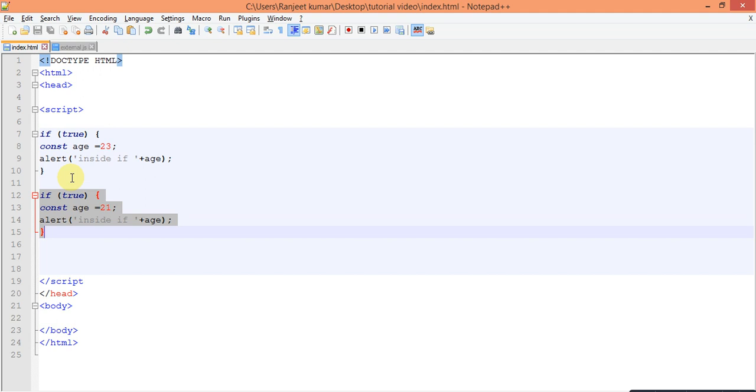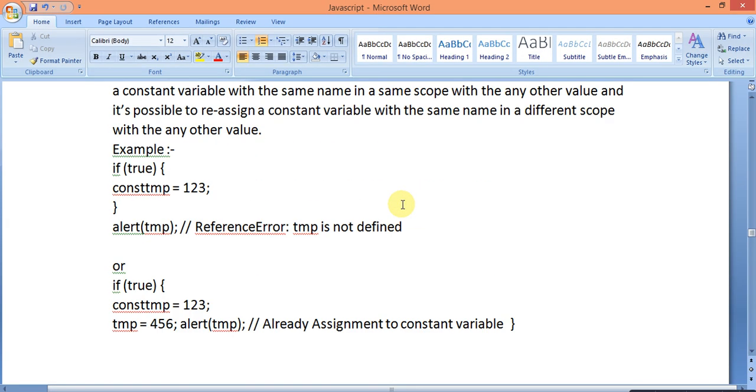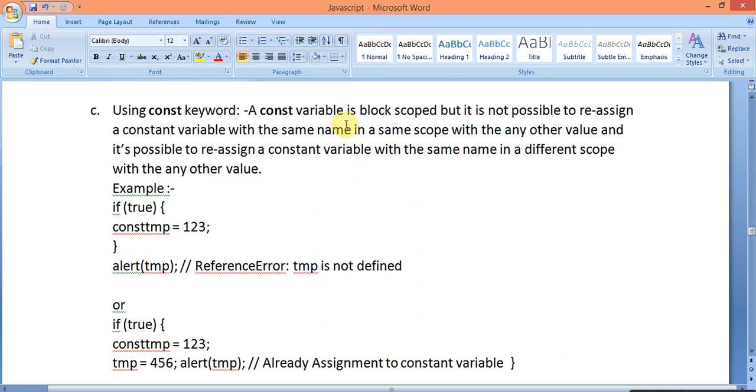That is written here also. A const variable is block scoped, but it is not possible to reassign a constant variable with the same name in the same scope with any other values, and it is possible to reassign a constant variable with the same name in a different scope with any other values, right? So